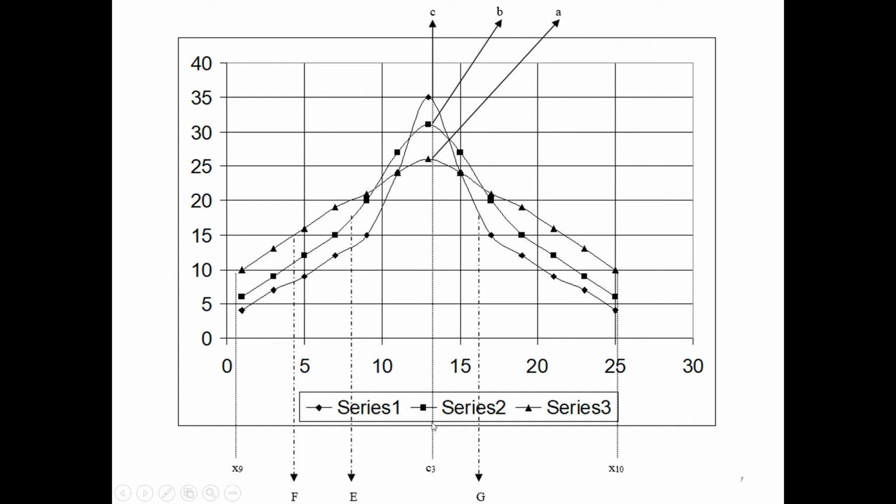Center value is the same and dispersion for all three curves is exactly the same. Is it or not? Just see. As well as variability, skewness, that is in which direction they are skewed, is also the same, both are equally distant. But still there is a difference. On the three characteristics they are the same, but if you just see the peakedness, all three curves are different. So curves G, E and F, they are different.